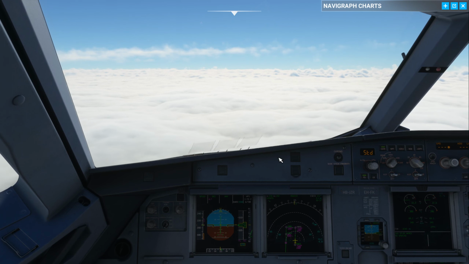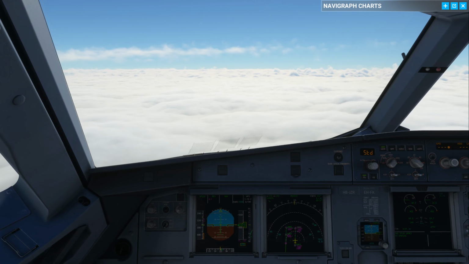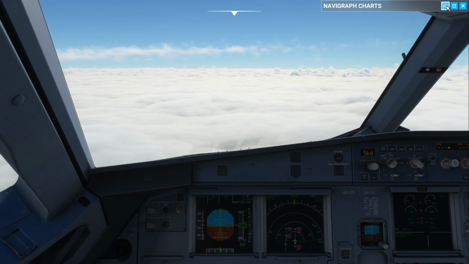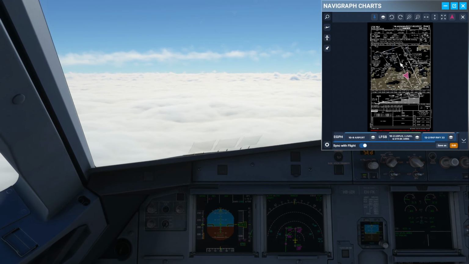So we're going to do an RNAV approach to runway 33 at Basel. Slightly special, it's a bit of a steeper approach, nothing too different though. Straight in approach, just with a slightly steepened glide path. So if we have a look here at the chart,